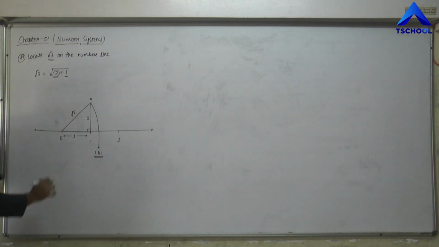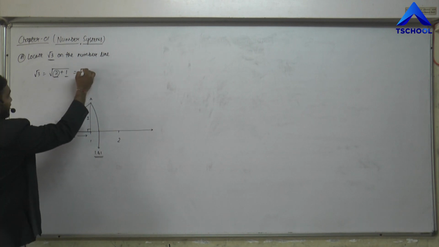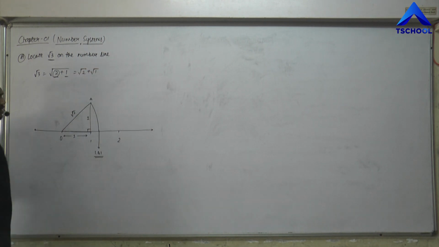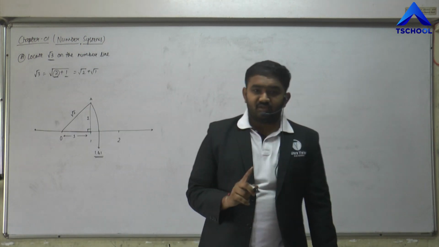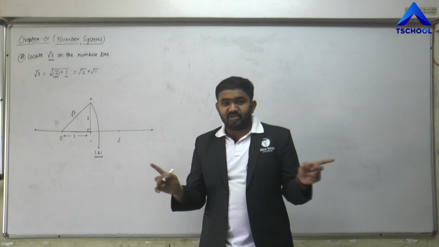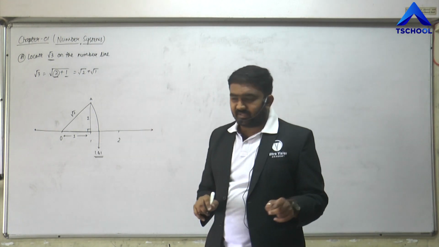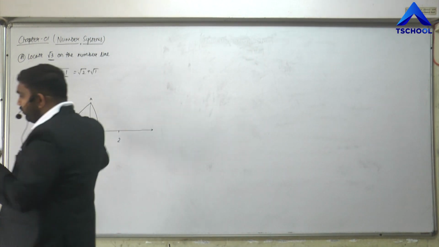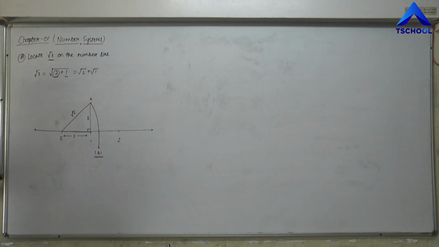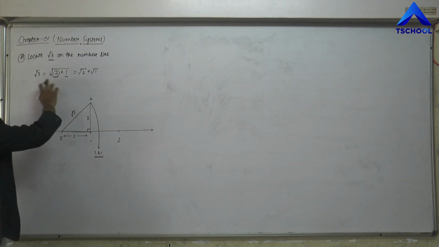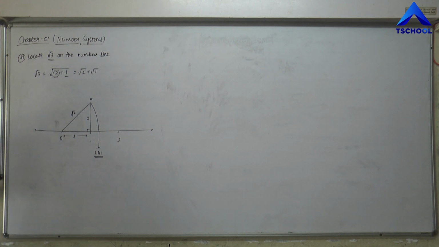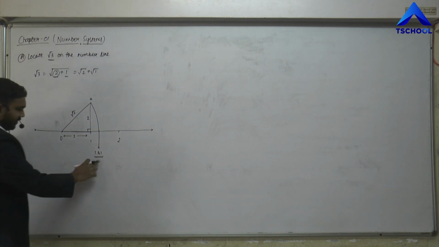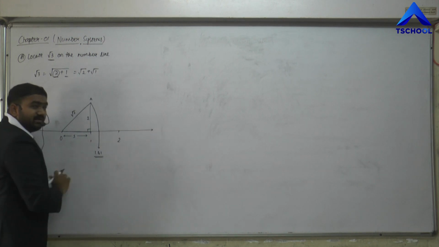See, you cannot write it like this, but to understand, let us write it like this. You cannot write any irrational number like this, so you cannot split out the square roots. So I'm going to write this root 3 as square root of 2 plus 1, which is square root of 2 plus square root of 1. So I got the square root of 2 here.